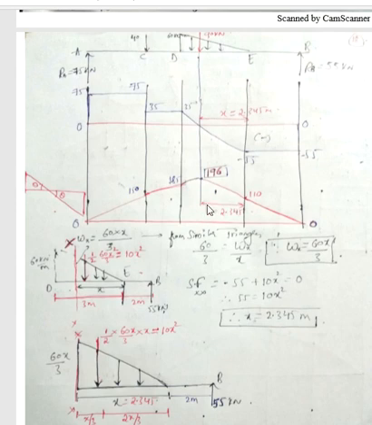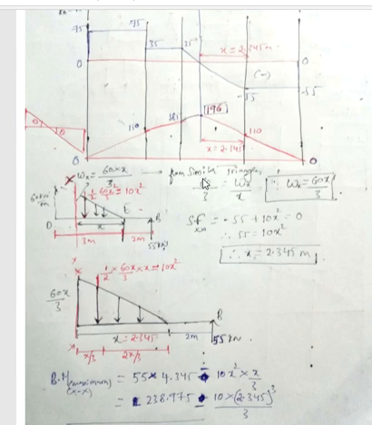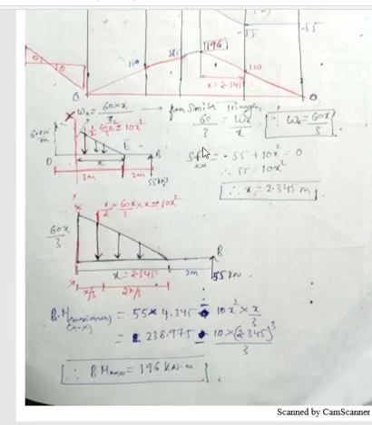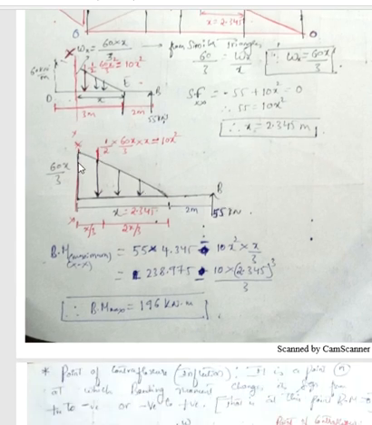In the BMD also I can write x as 2.345. So at this point shear force is 0, which means at this point the bending moment is maximum. Now I also need to take the bending moment with respect to this point, because I know the distance. Now I can calculate the bending moment at this point. Again consider the same triangle. I have already explained how I got the value of 60x by 3 and how I converted it into a point load. Now take the bending moment with respect to XX and calculate the bending moment at this point. Coming from the right end, there is a load of 55